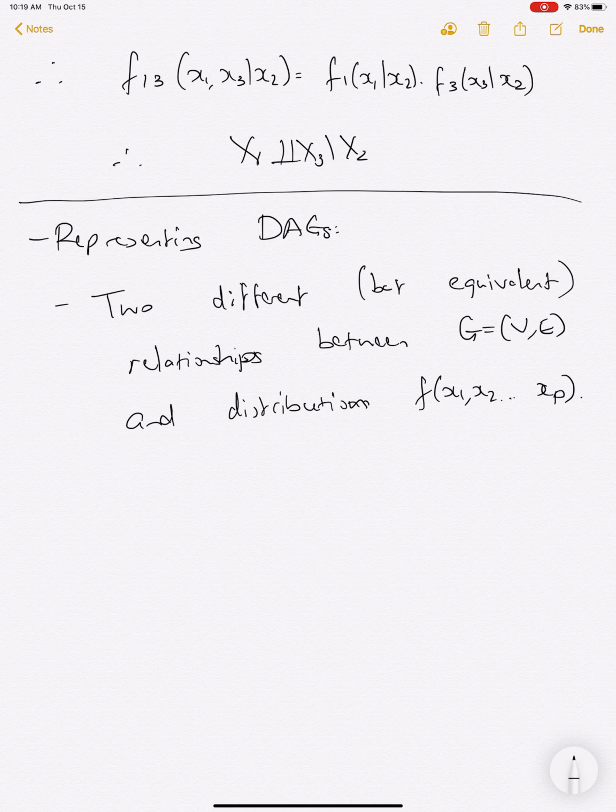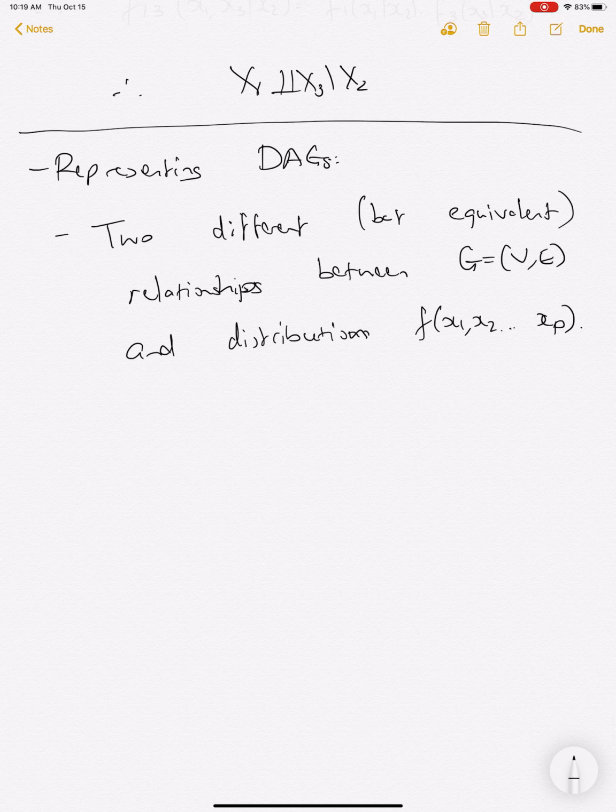The distribution f of x1 through to xp. The first one is the factorization, which just asserts that